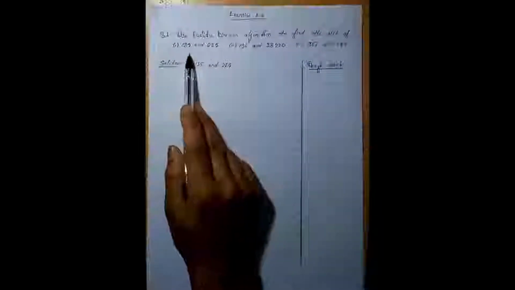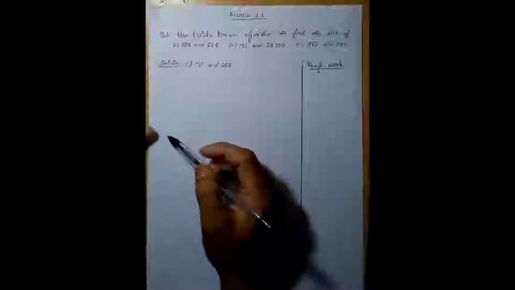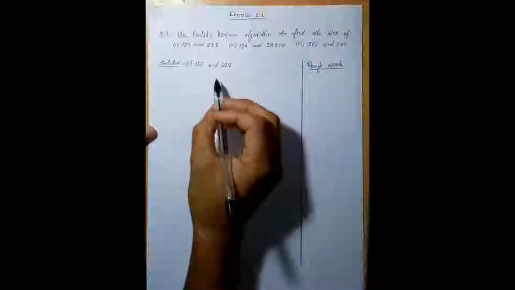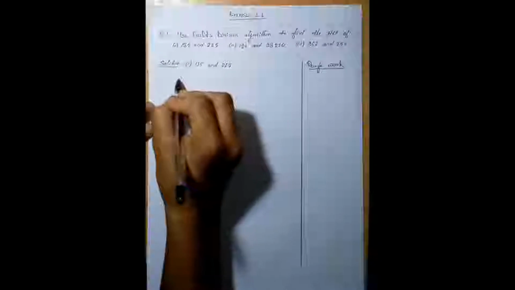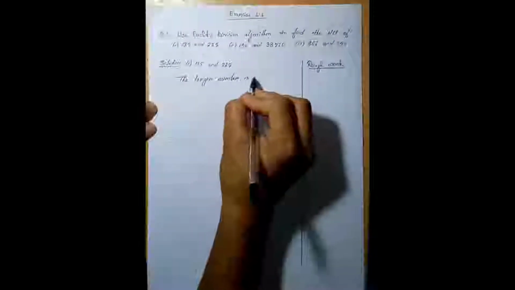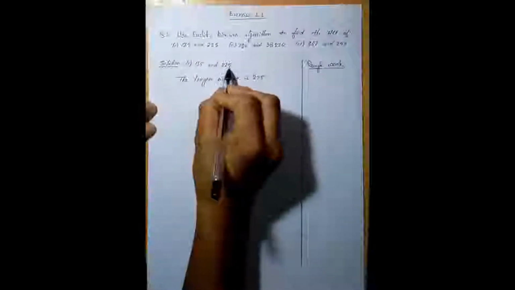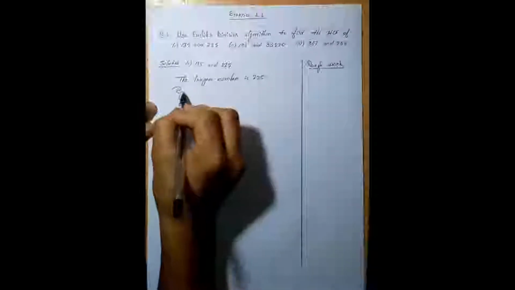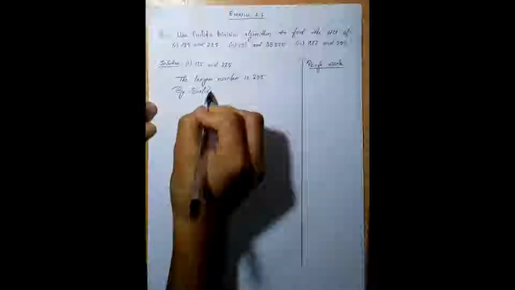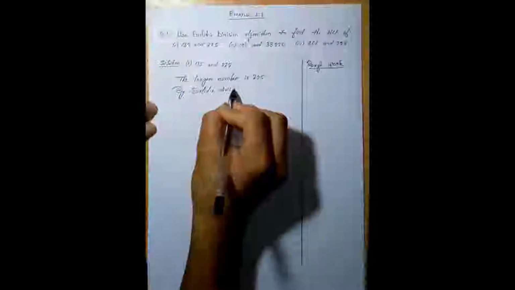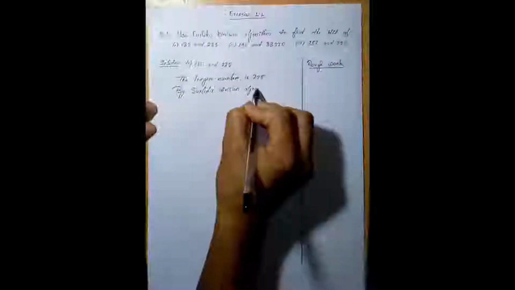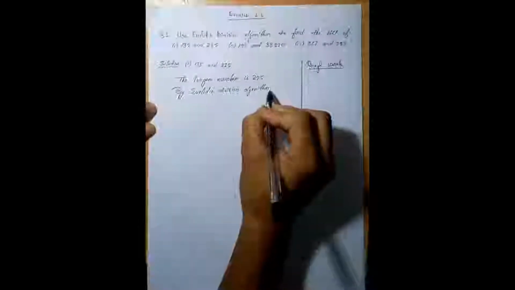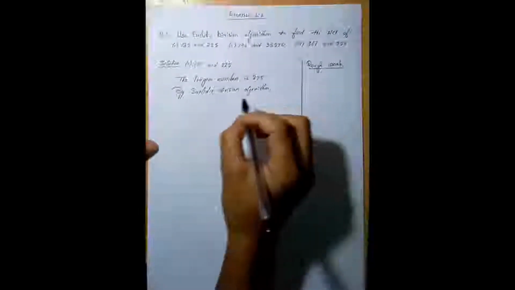So first we will take 135 and 225. From here we will take the larger number. The larger number is 225. So now by Euclid's division algorithm, we have